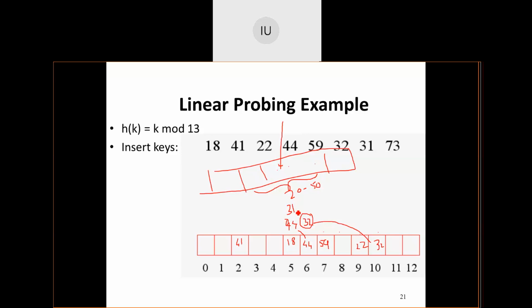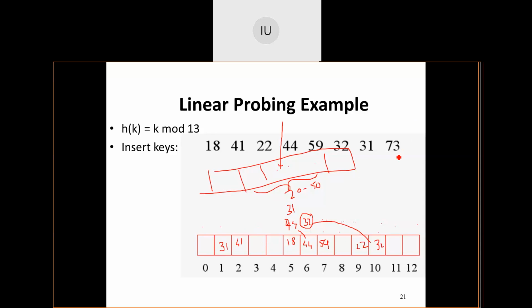No. Plus 2 square. 1, 2, 3, 4. Can it be accommodated? No. So what I'll do? Plus 3 square I'll do. 1, 2, 3, 4, 5, 6, 7, 8, 9. So 31 will get the position 1 after doing quadratic probing by 3.